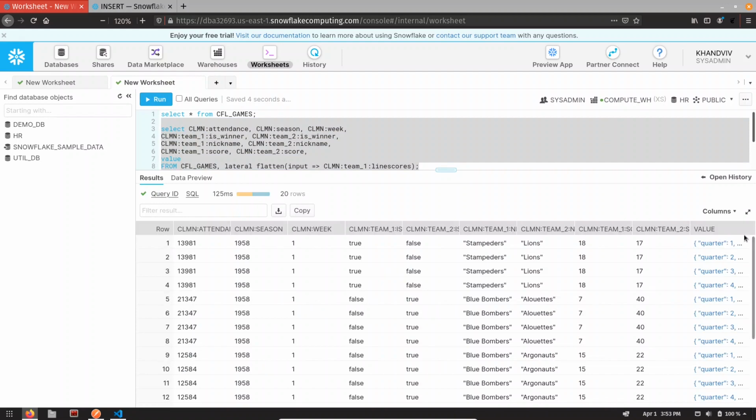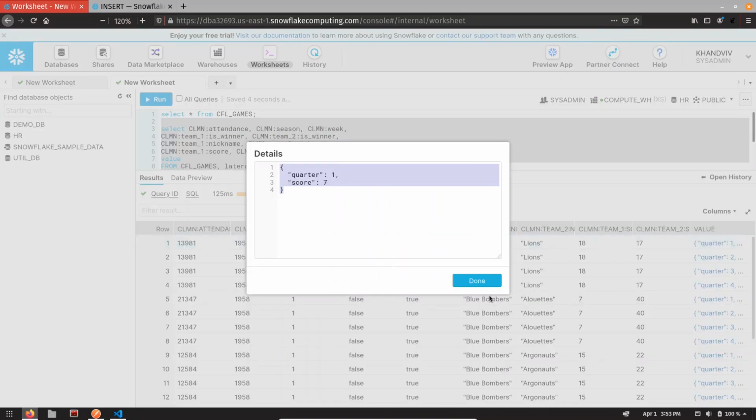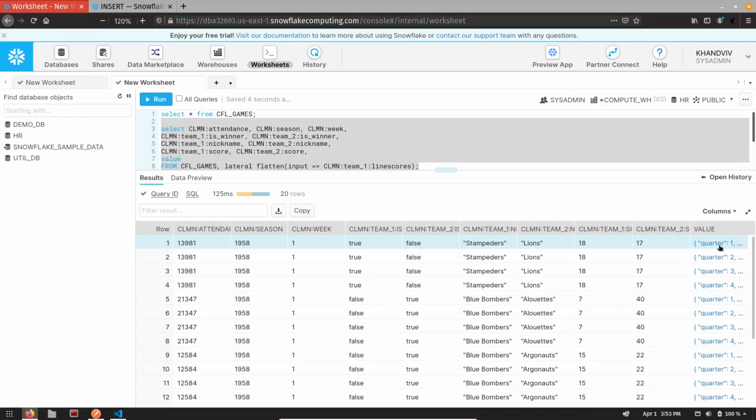You can see we are getting one column, its name is value. Each record contains 1 quarter. Our first record was lion, and for lion we are getting 4 quarters, and the same for the other records as well.